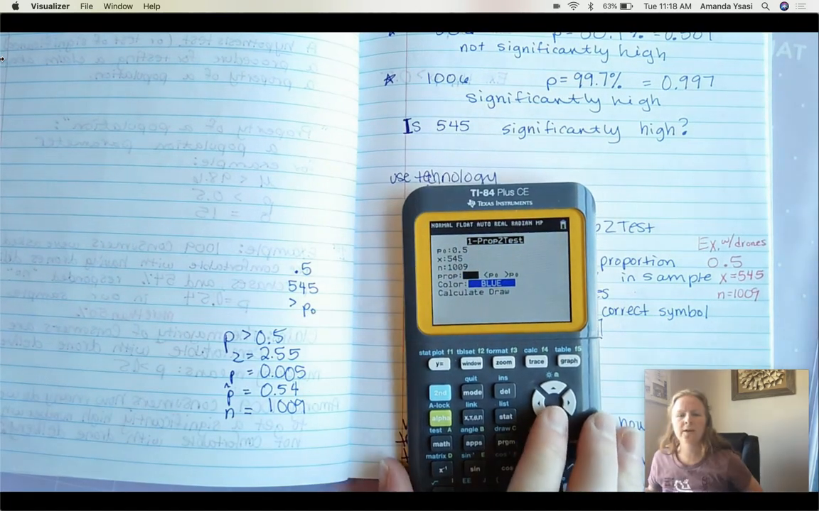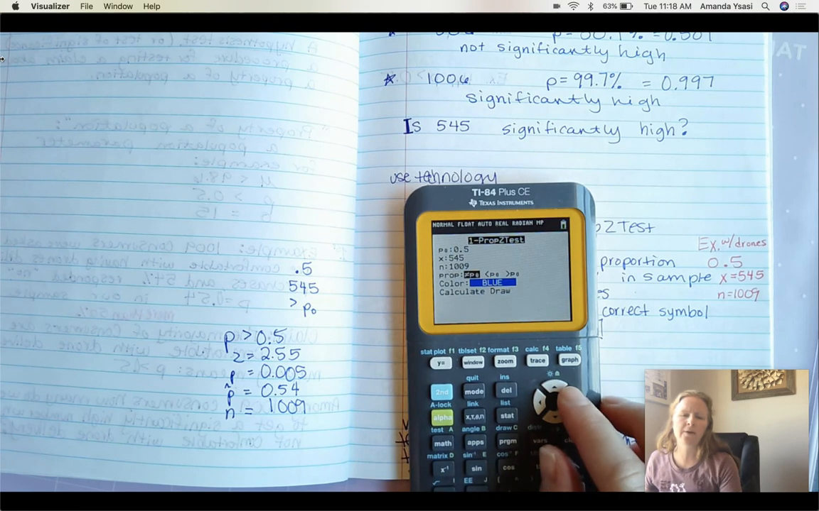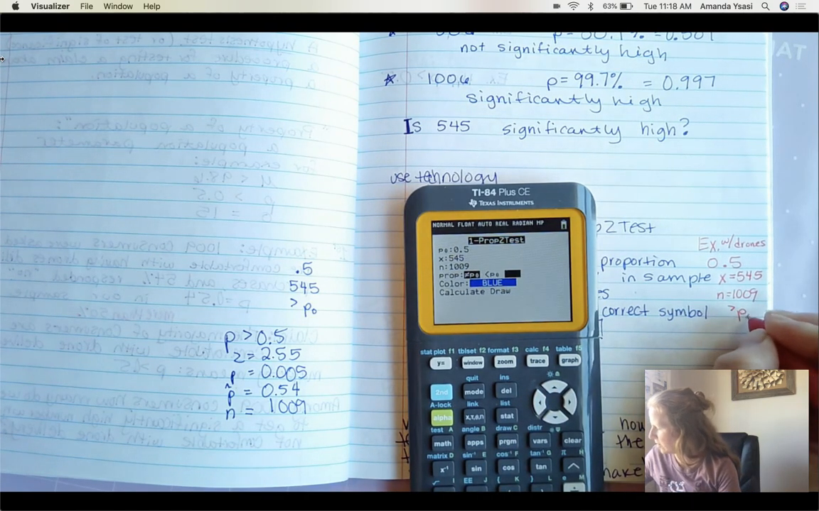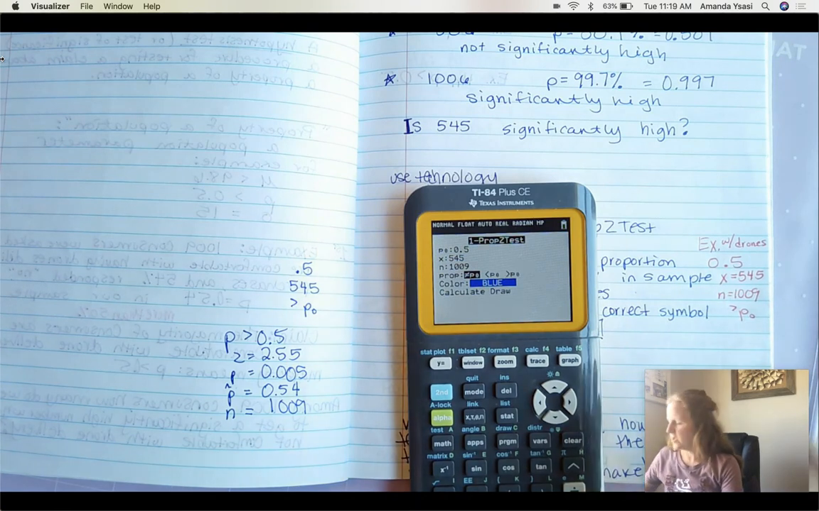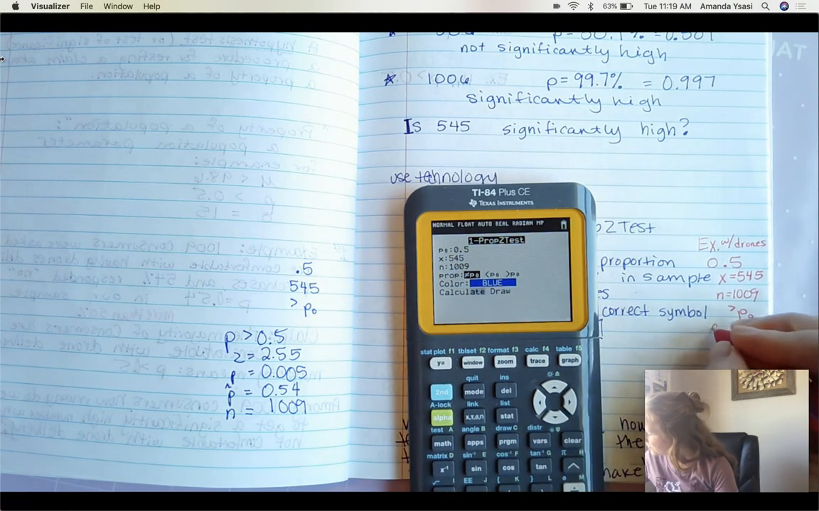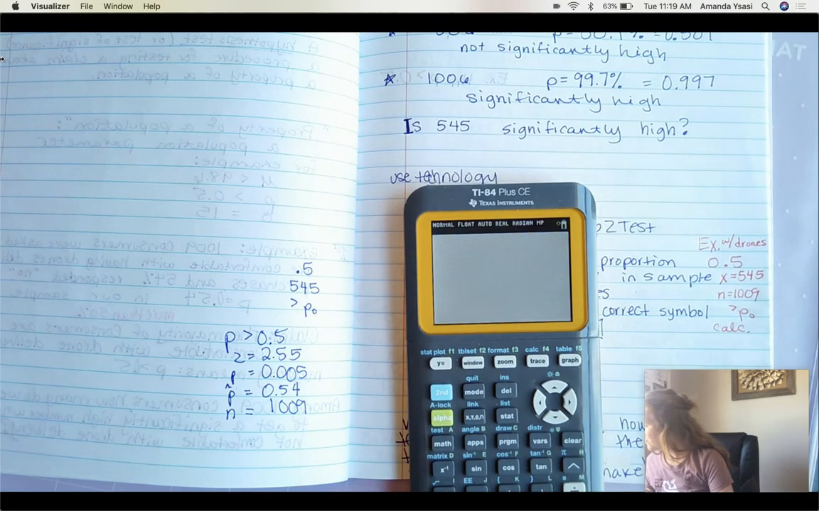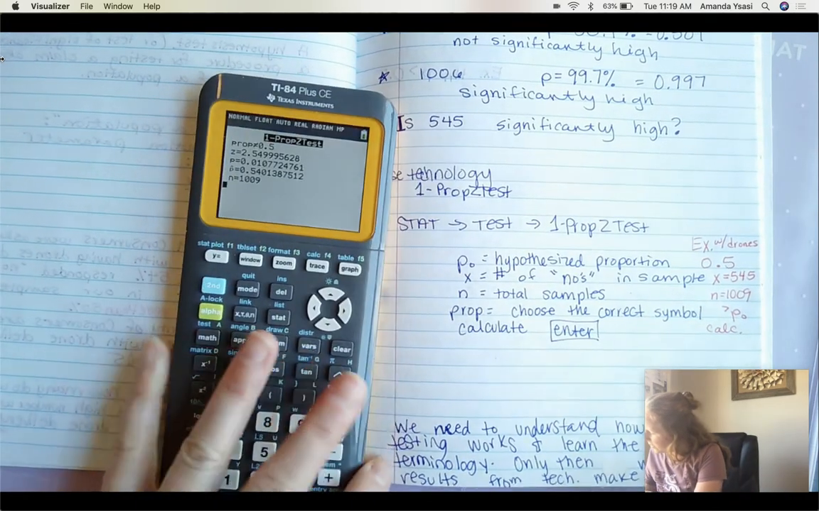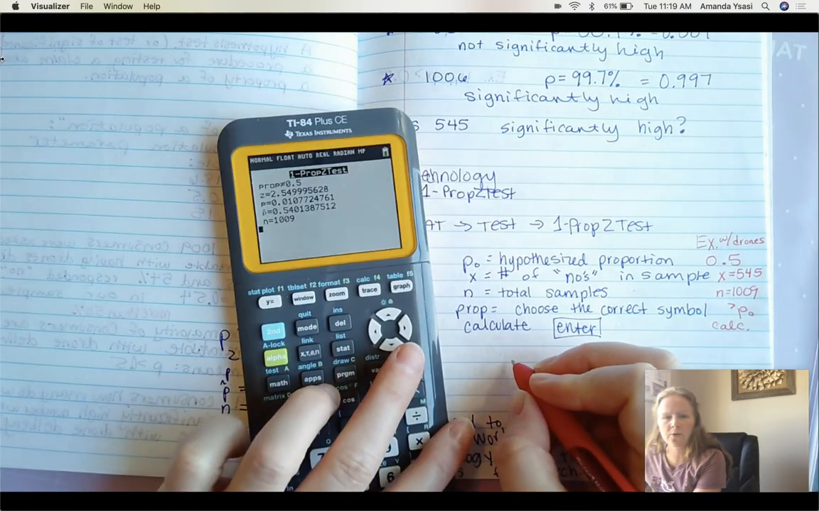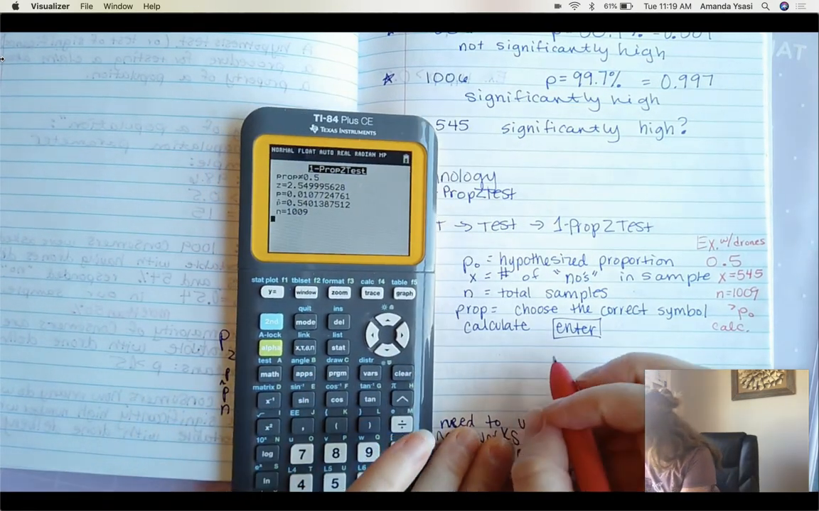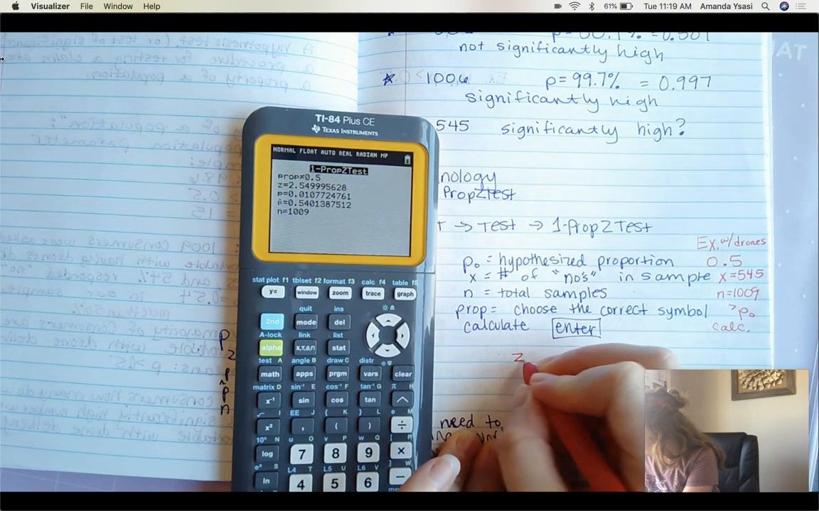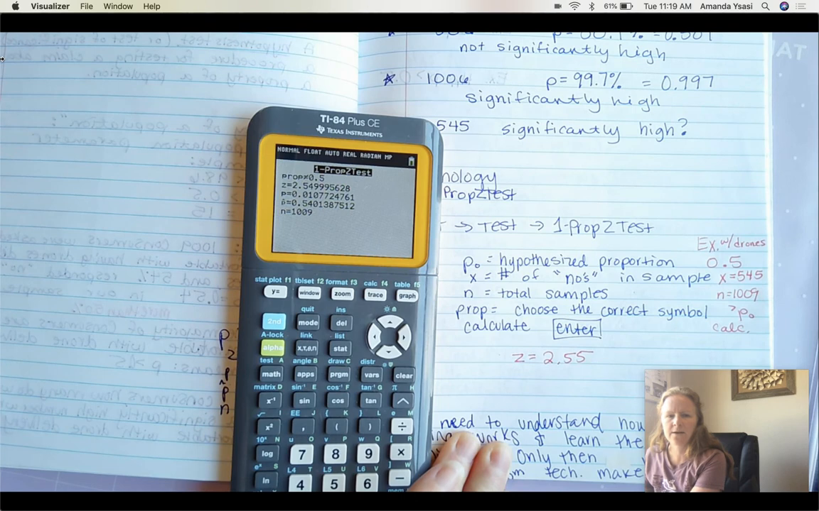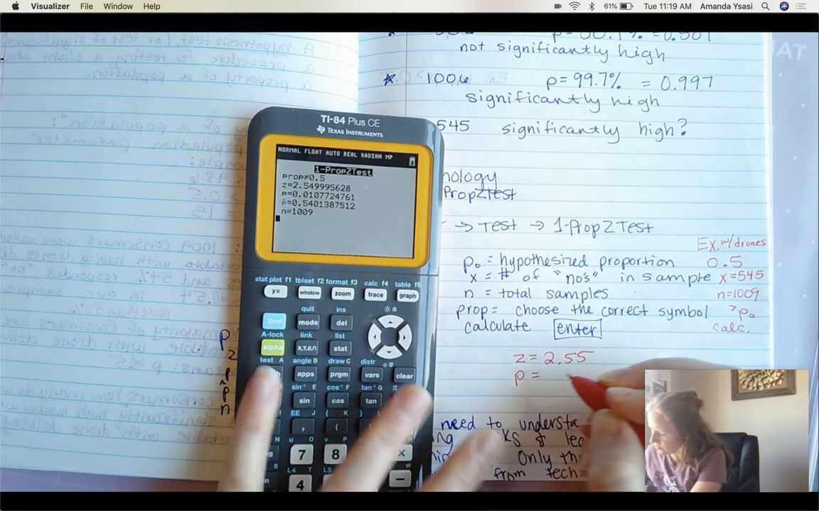Okay, and then we're looking at it being greater than. So we are going to use the greater than p naught option because we want it to be greater than. Then we're going to hit calculate. Okay, and that gives us some information here. So we are going to write down the information that we get. First thing we want to do is z equals 2.55 because we're going to round that. And then p equals